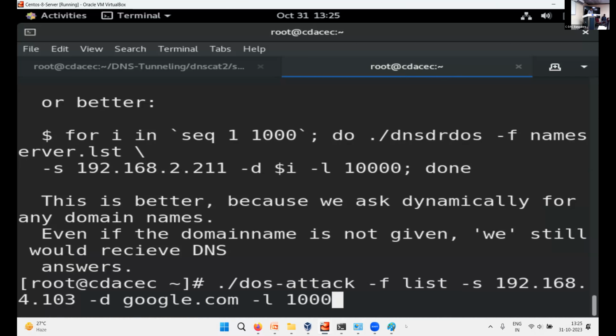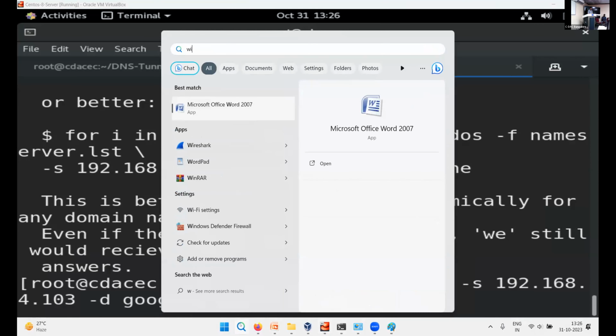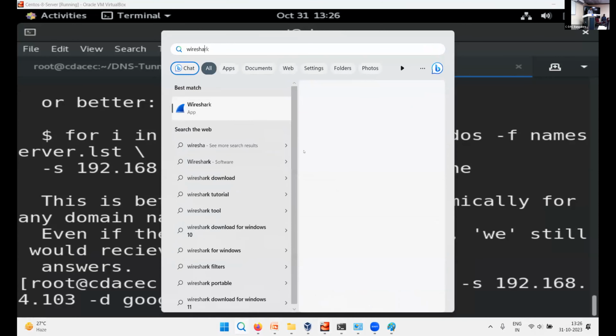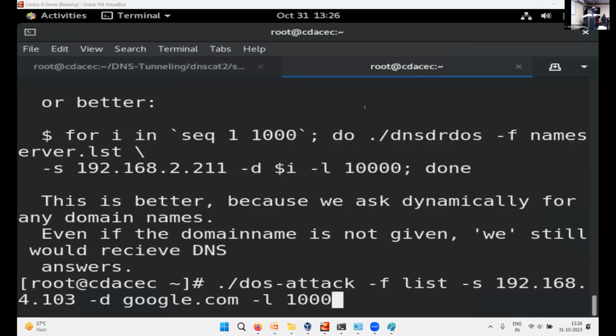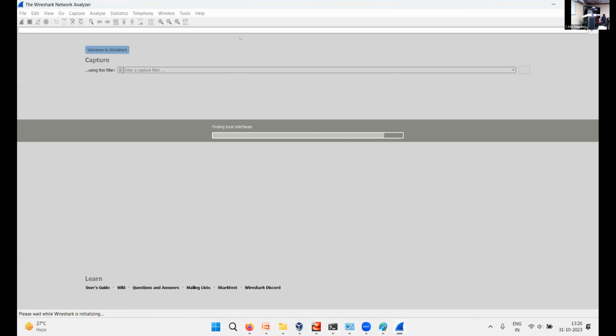So if I check here, I'll open Wireshark on my system. I want to check on my Windows target machine, I open Wireshark and see what DNS traffic is going there.